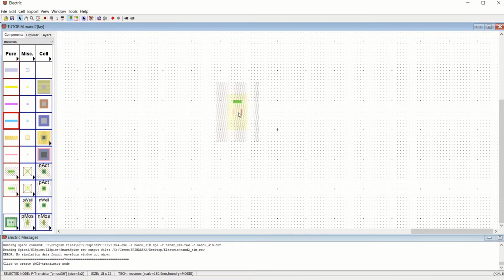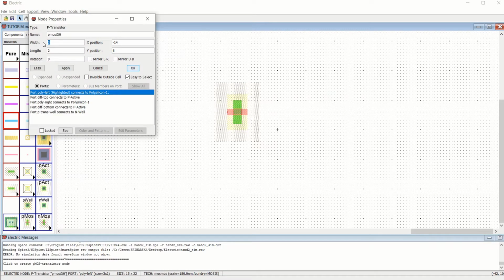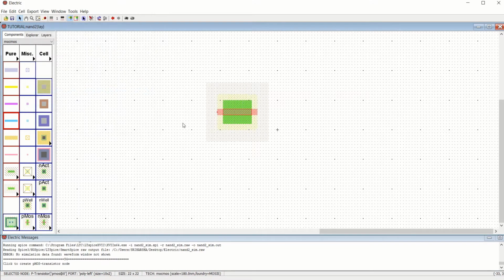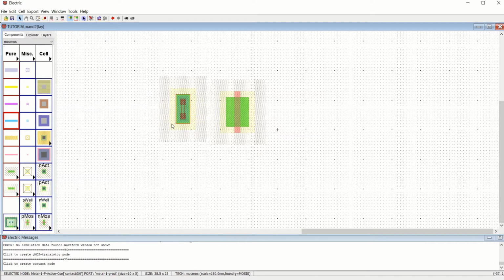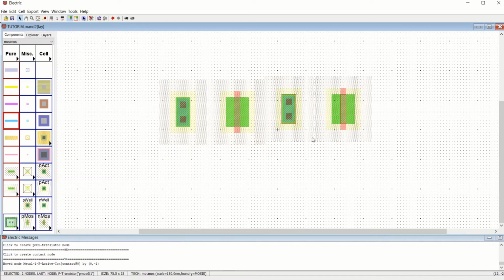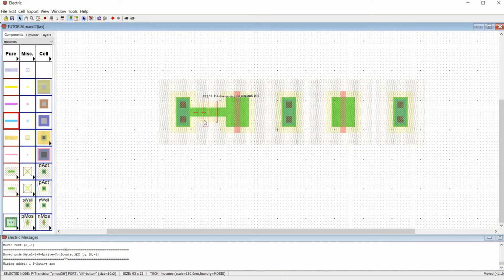Place the PMOS with the dimension or width as 10. Hit OK. Use Ctrl J for rotation. Place the P active whose width is also 10. OK. Ctrl J for rotation. Now we have to place two transistors, so use Ctrl C and Ctrl V for the placement, and one more active region is required, so I am placing this to form two transistors in parallel. You can make the connections by left click and right click.